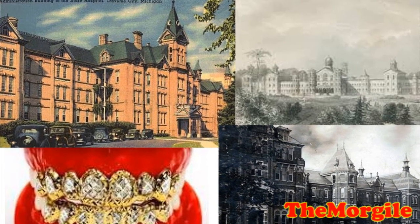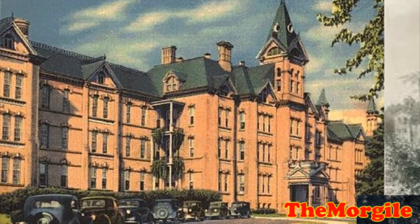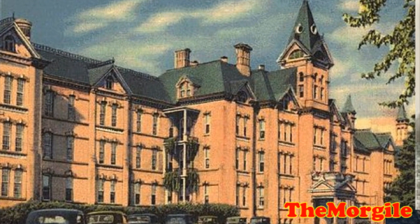So let's go to Michigan in the mid-1800s. Traverse City Hospital, built in 1881. This sprawling example of palatial estate was built as the third in the local area, housing overflow wackadoos from Kalamazoo and Pontiac, Michigan luxury palace asylums. To give you an idea of what type of overpopulation problems were brewing in Michigan during the 1800s, Traverse City Asylum, the